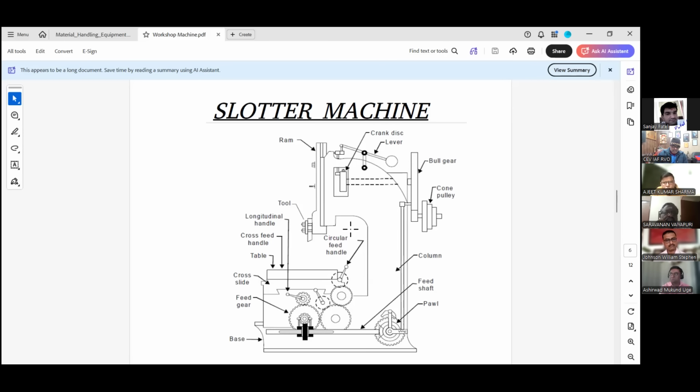So again, your table, post, tool, टूल को सपोर्ट करने के लिए रैम, रैम को सपोर्ट करने के लिए कॉलम, कॉलम को सपोर्ट करने के लिए एंटायर बेस।